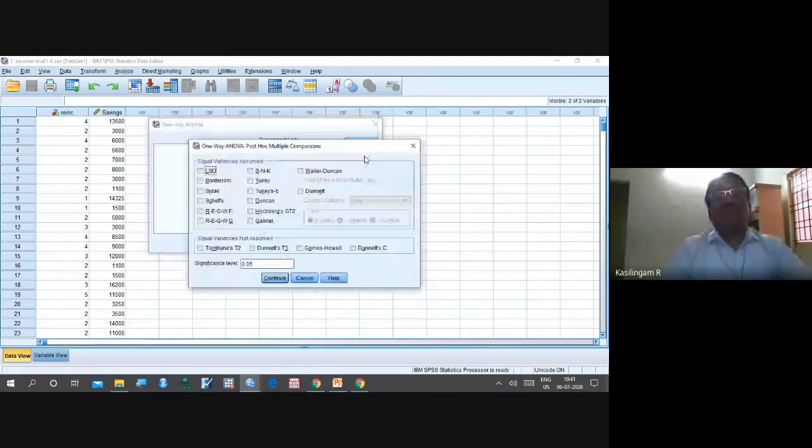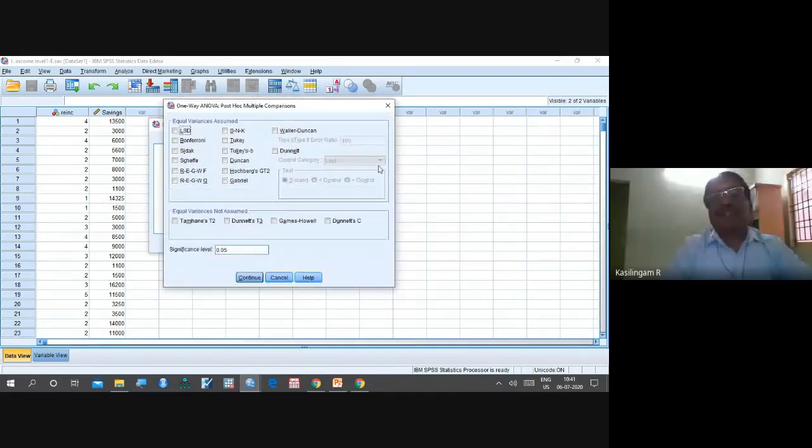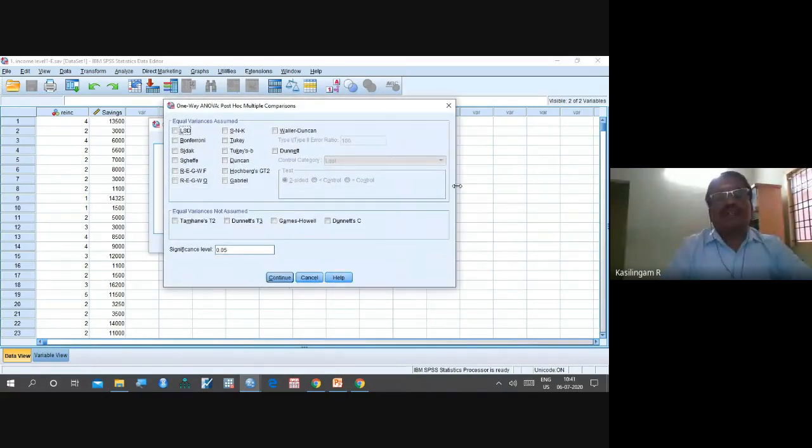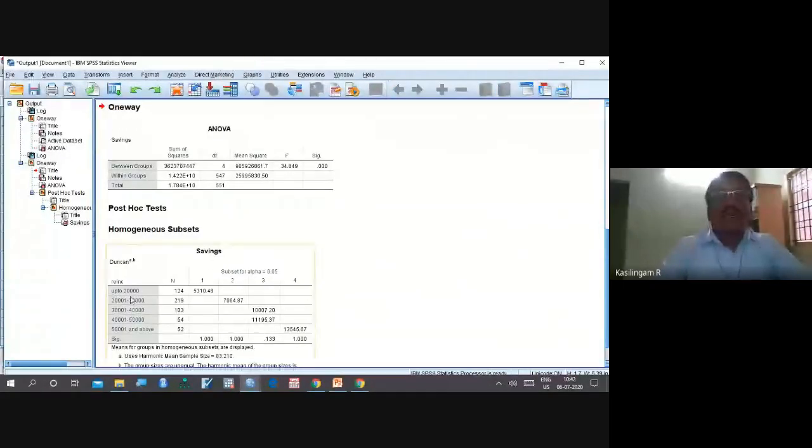If I click Post Hoc, I get this dialog. Let me make it a little bigger so that you can see. In the Post Hoc, I have many options, and I am going to use Tamhane. I select Tamhane, click Continue, then OK, and I get the output. The output says Post Hoc, Homogeneous Subsets.